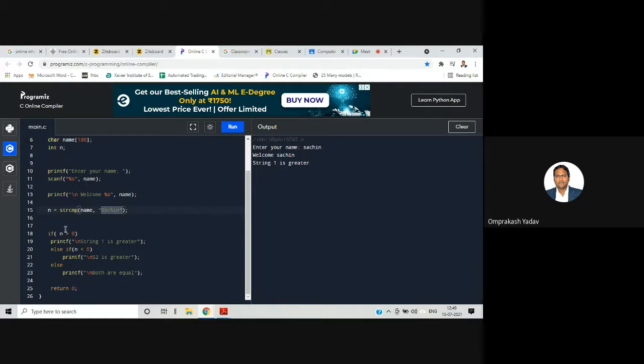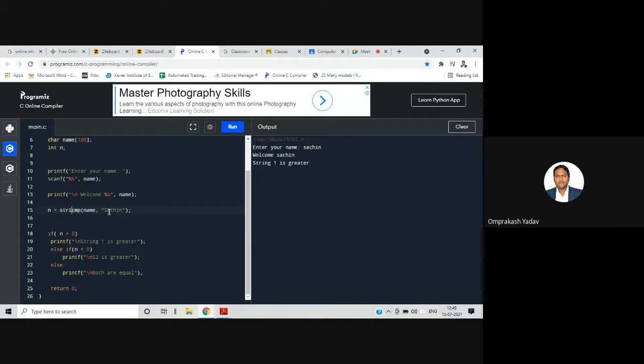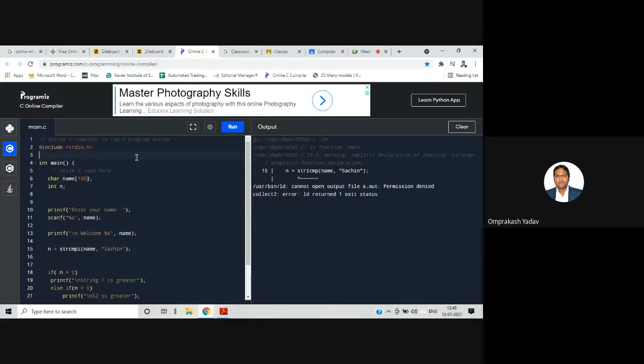Let's say I am using the stricmp function here. I'll write i. It has not turned into color, so let me put i over here. Let's see if it's taking or not, stricmp. Not taking. Let's include string.h.